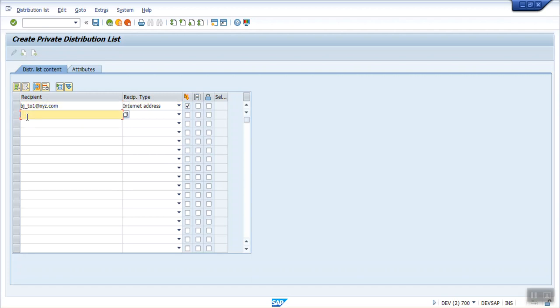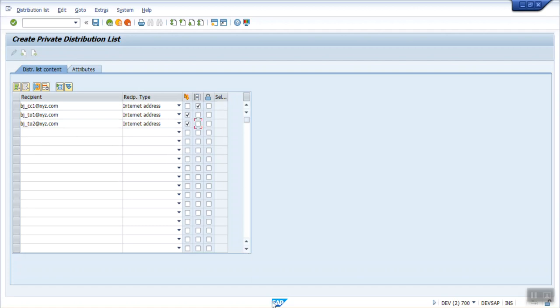Second, I will add two IDs in each category, that is To, CC and BCC. I am adding BJ_TO2, that is the second email ID, which will be To. Then I will add CC1 at xyz.com, and I am marking it as CC, send as copy.